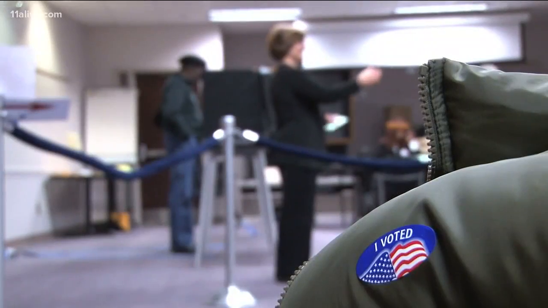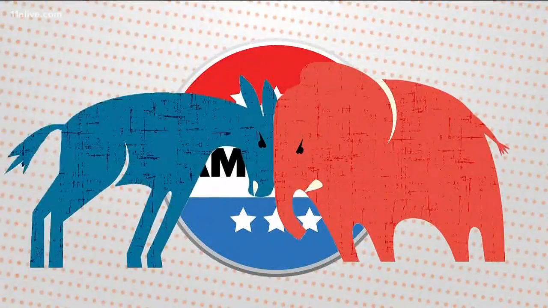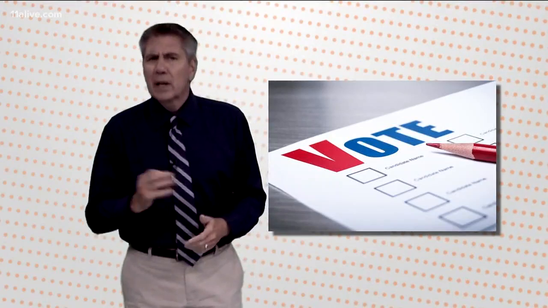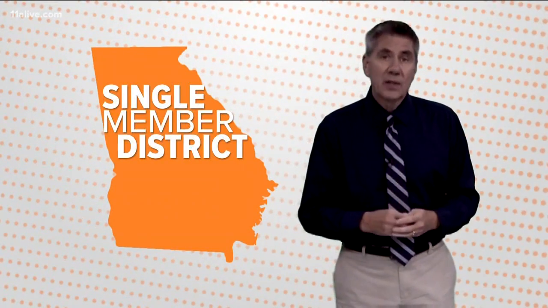Election night can mean figuring out what went wrong, or it can end with a victory party. In the United States, the winning candidates typically come from one of two political parties. It's not the case in many other countries, so here's why two parties have dominated the American political process throughout most of our history. Political scientists tell me it's all about our single-member district winner-take-all system.